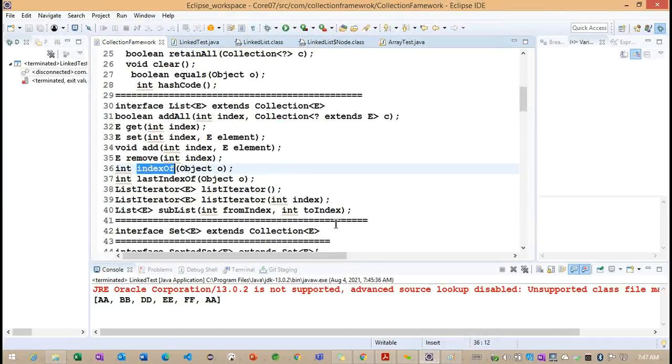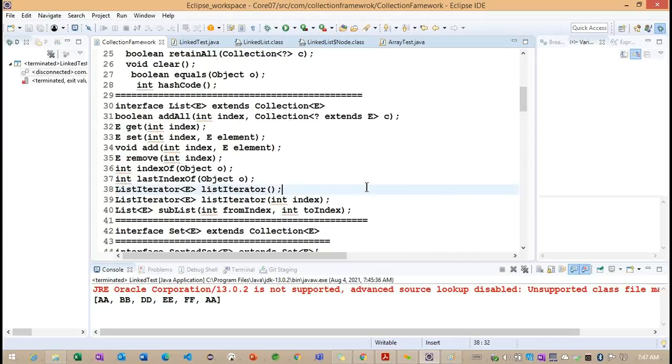Okay. So now these are about the list interface methods. So any questions? List interface methods and collection related methods. Okay.